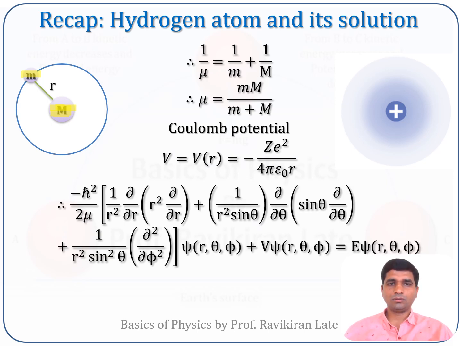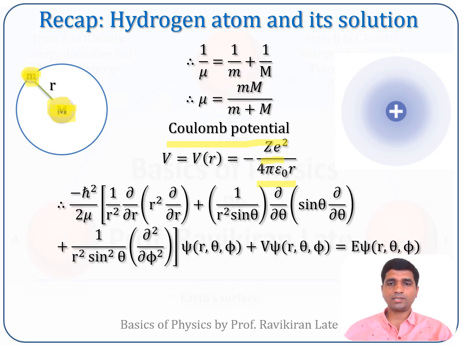Okay, so though in this picture I have shown you an electron as a point particle, quantum mechanically it is not a particle in nature. It has a certain probability distribution, which we will be discussing in terms of the Schrodinger equation. We have solved the Schrodinger equation for the quantum treatment with the help of a Coulomb potential which exists between the negatively charged electron and the positively charged proton, which is located at the center of the atom, that is nothing but the nucleus. So this Coulomb potential is given by minus Ze square upon 4 pi epsilon r,